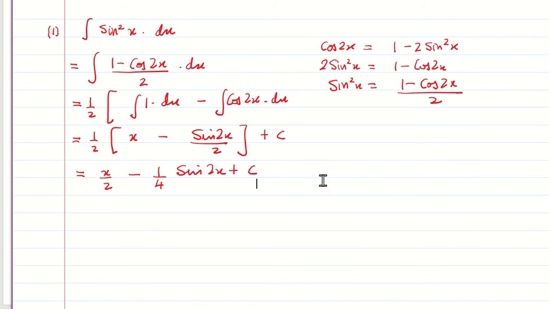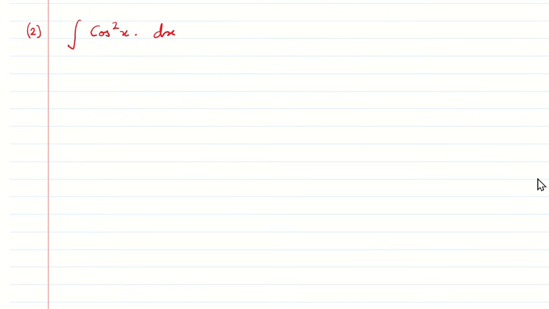So remember that, your sine square x, you have to get rid of the square. You can't use the x raised to n formula. You can't do x raised to n plus 1 over n plus 1, please, because this is a trig function. This is not an algebraic function. So again, whenever sine square or cos square comes in and you have to integrate it, you must always use the cos 2x identity. So now we use the other variant of cos 2x.